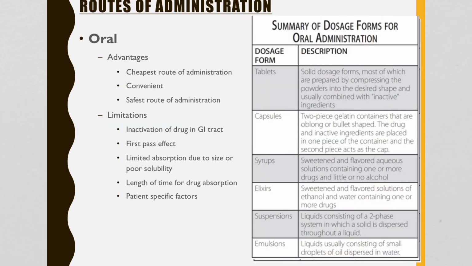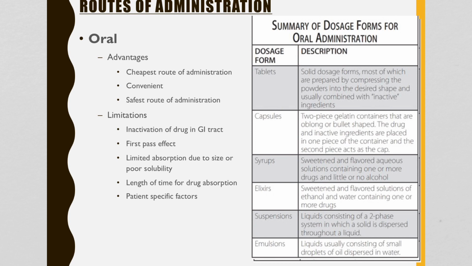And now we're going to move forward to routes of administration. We're going to talk through all of the routes that are possible for us as healthcare practitioners, athletic trainers. So the first and most common is going to be orally, right? So we either drink a syrup, or we take a tablet or a capsule. And so there are many advantages to taking drugs orally. It is the cheapest. When you look at the research and you look at the cheapest route of medication,